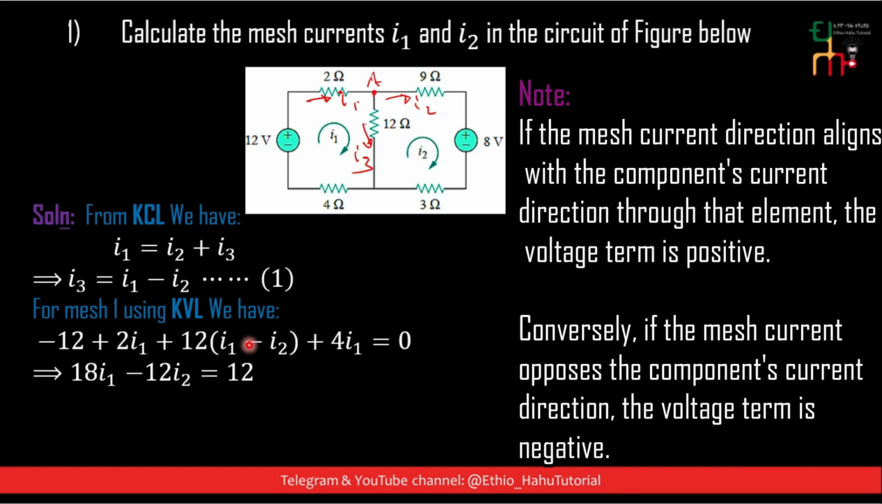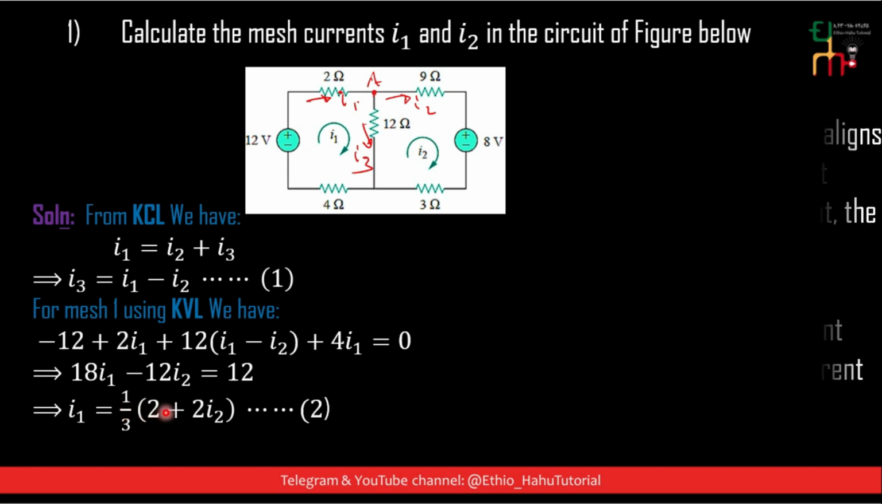ስለዚህ ይሄኛውን ሪአሬንጅ ብናደርግ ምን እናገኛለን? 18 I1 minus 12 I2 is equal to 12 እናገኛለን። ይሄኛውን ለI1 ሶልቭ ብናደርገው I1ን ምን እናገኛለን ማለት ነው? I1 equals 1/3 into (2 plus 2 I2) እናገኛለን። ይሄኛውን ኢኩዌሽን 2 እንበል። በተመሳሳይ ለዚህኛው ሜሽ ለሜሽ 2 Kirchhoff voltage law አፕላይ